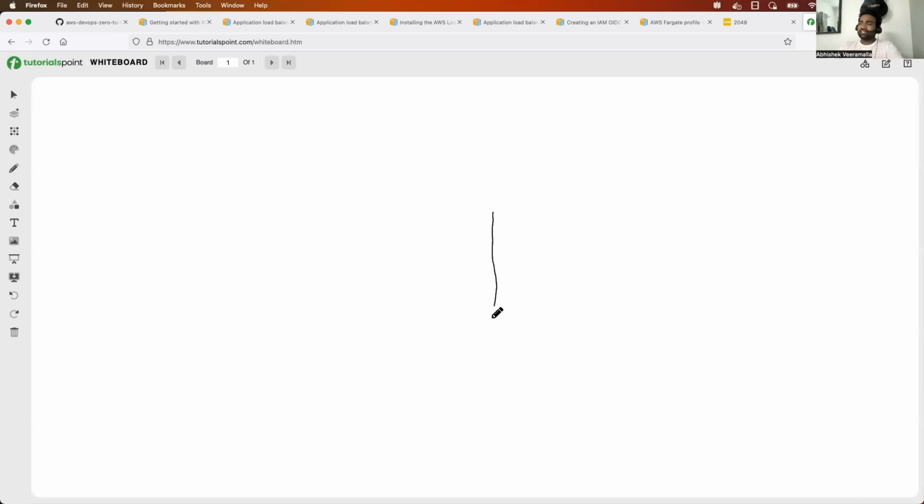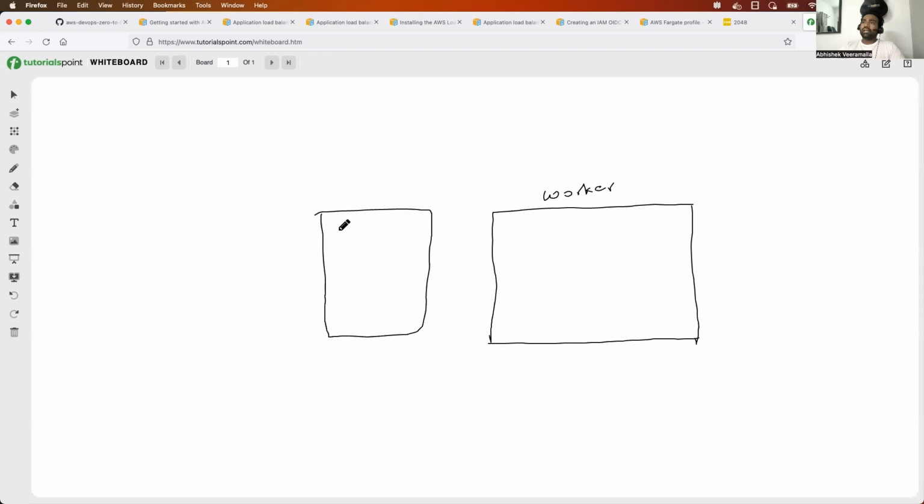So for the purpose of simplicity, let me just draw that node. Let me say that this is the node. Okay. So let me say that this is the worker node and this is the master node, for example. And this master node, let's say, has the API server. And this is the user. Okay. So now what we are going to do here is,